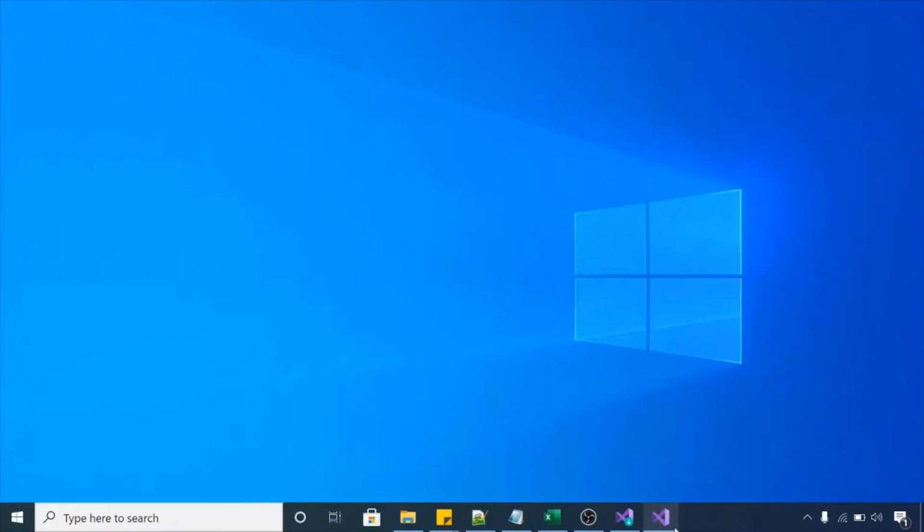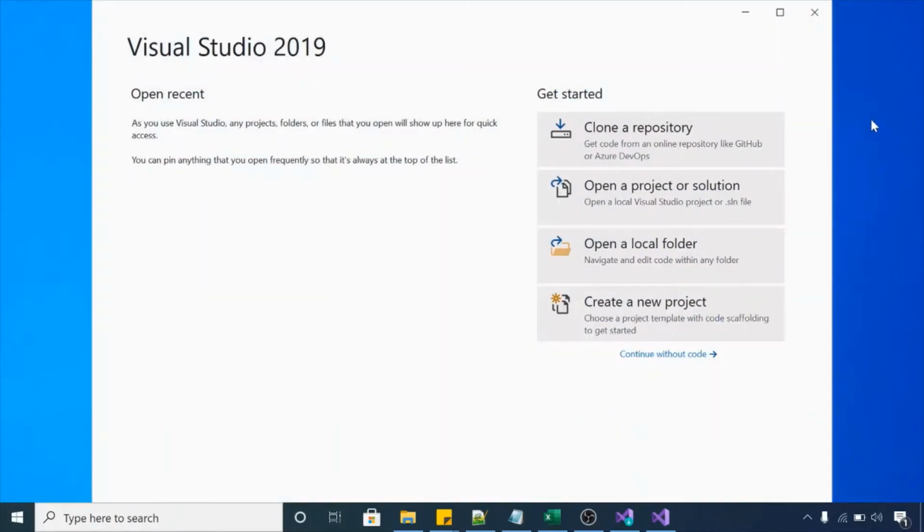So guys, have a look. It launched Visual Studio. So guys, this is the default UI of Visual Studio when you launch it. Okay, it will provide you various options here. In this area, you will get all the projects which you worked on recently in past days or past hours. Okay, and these are options to create a new project. If you want to create a new project, you can click on this option, and if you want to continue without any code, it will launch Visual Studio without any code. Okay, so I will click on create a new project.